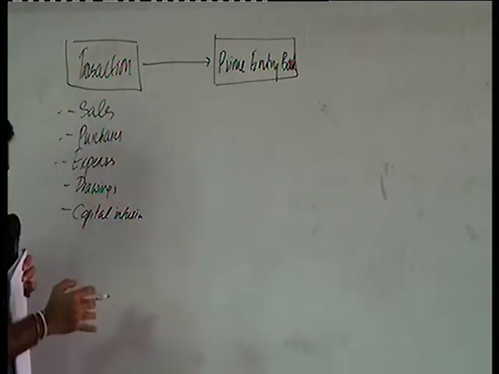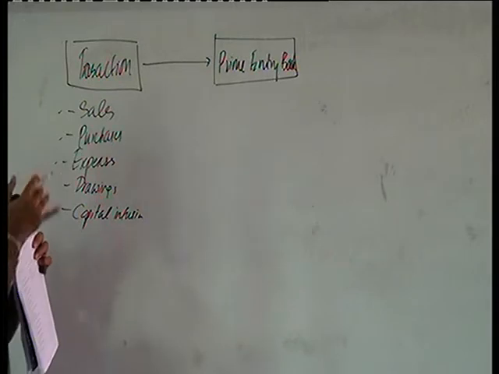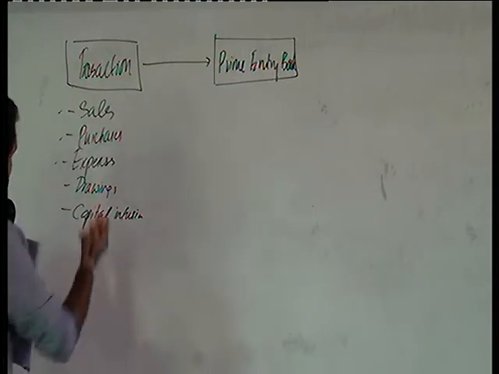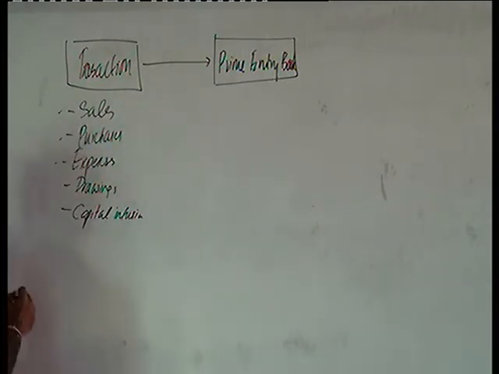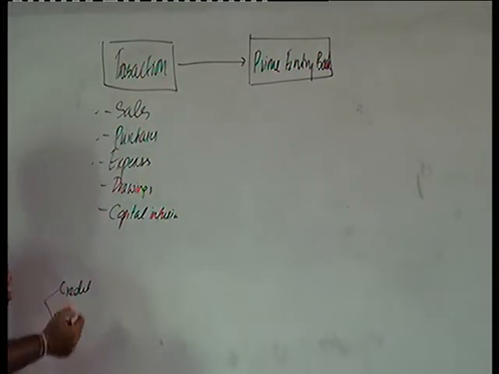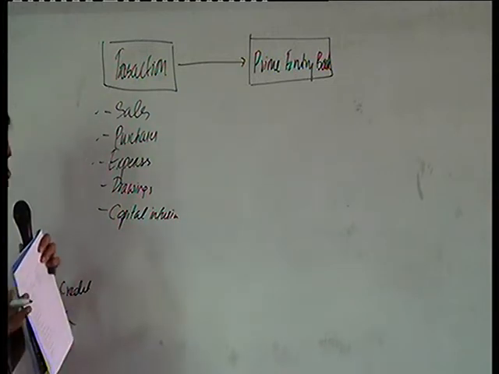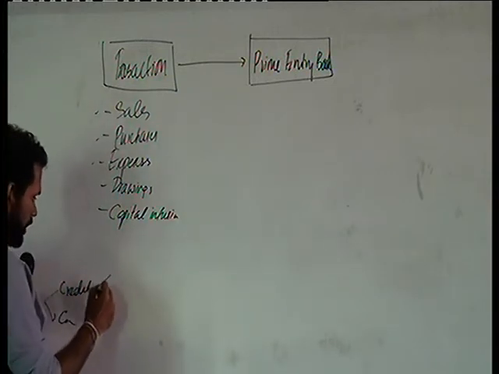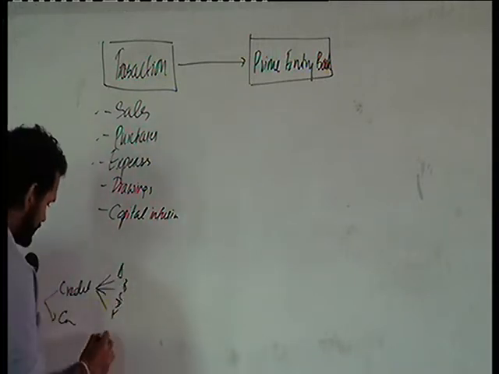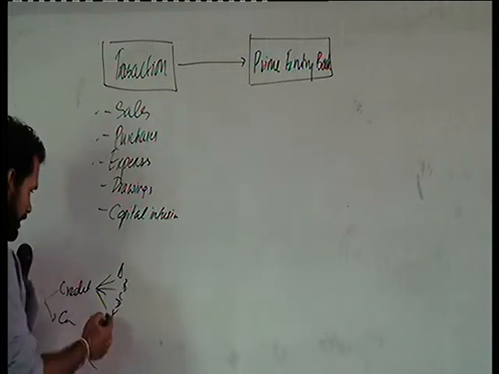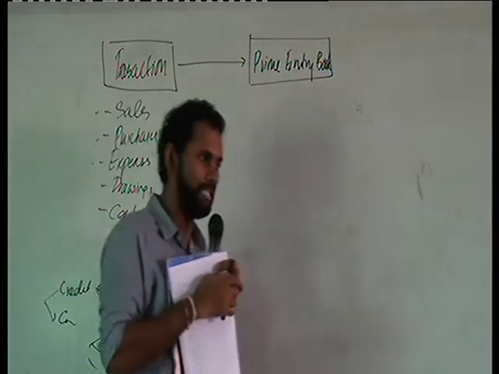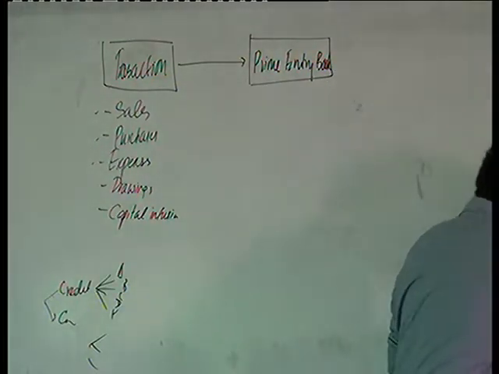From the type of the transaction, and within the transaction type also, there will be different ledger accounts where we have to account. For example, let's say sales. We might have two accounts: one is credit sales and the other one is cash sales. Or sometimes if we have about 5 products, credit sales also will have about 5 types of accounts: product A, product B, product C, D, E. Cash sales also might have about 5 types of accounts, A, B, C, D, E. Likewise, different companies may have different types of ledger accounts used to record the transactions.